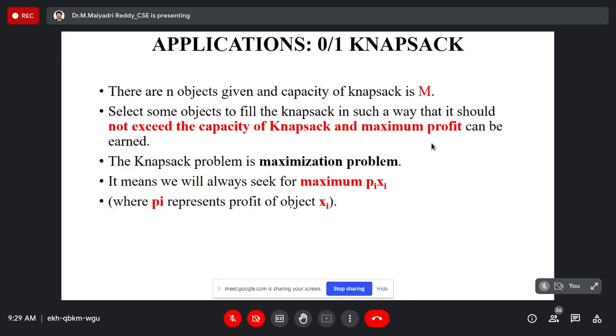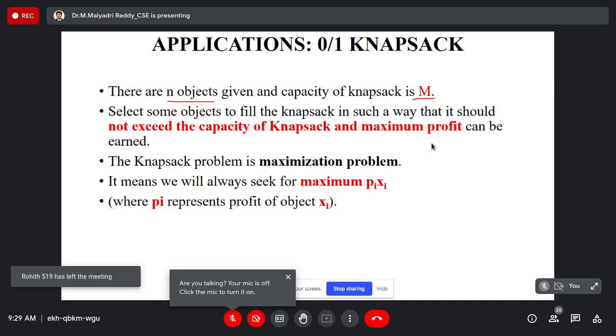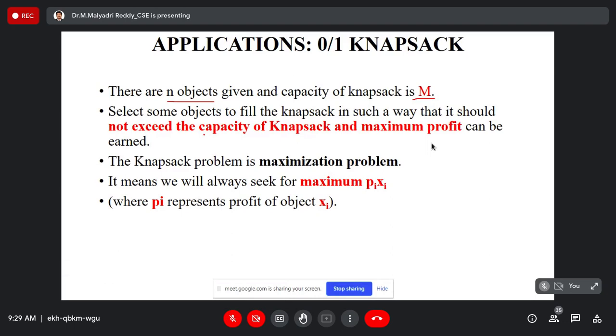First I have to explain what a knapsack is. Knapsack is nothing but we have to choose n objects, where the capacity of the knapsack or bag is m. We gain the profit whenever an object is placed in that bag, but the capacity must not exceed the limit of the knapsack. Our main objective is maximization, to maximize the profit. This is already explained. So basically, knapsack is a maximization problem with respect to profit.